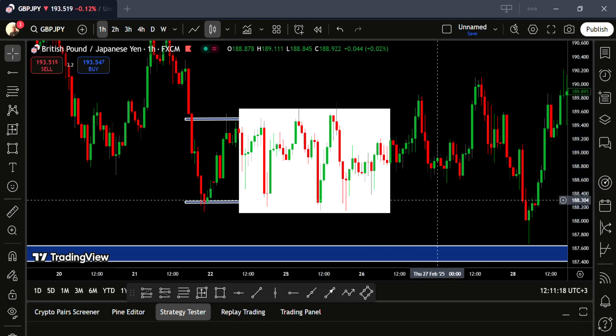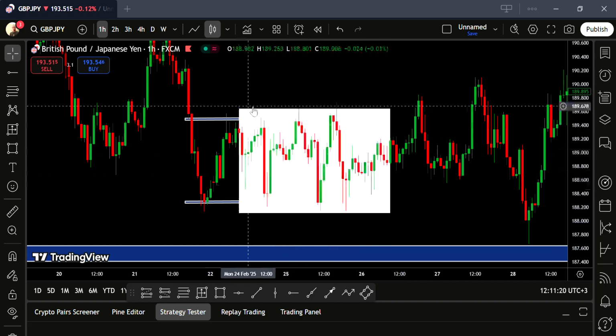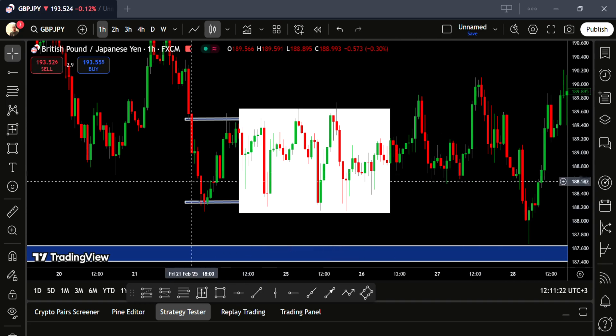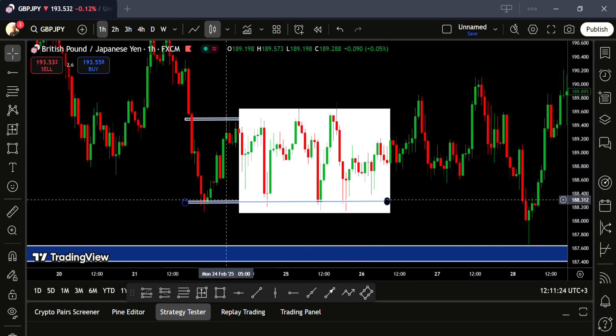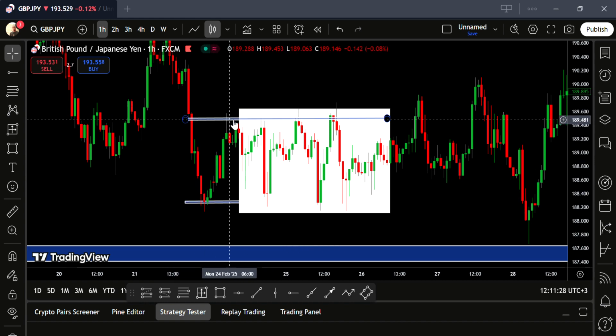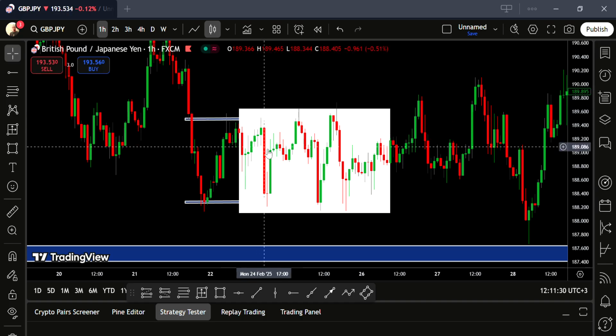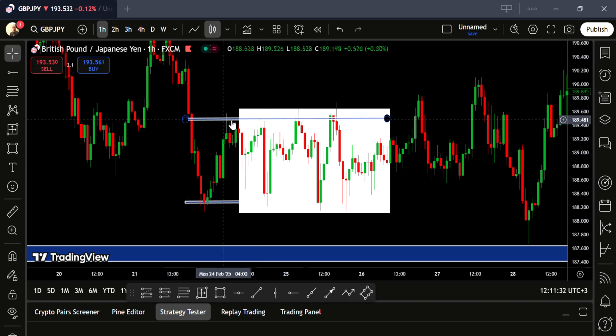Anyway, let me just leave it like that. So assuming this whole thing in white is not there and price action has just hit here, it is moving up. You mark here as your support. So when it reaches here, it rejects and starts going down drastically, you mark here as your resistance